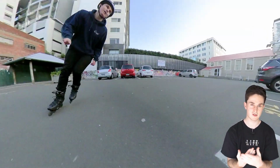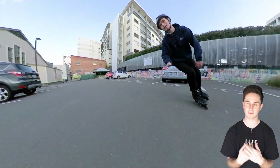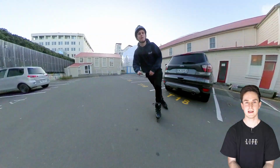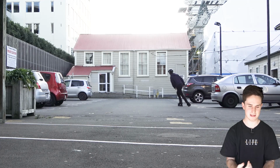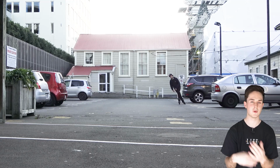This is just a great practice drill in general. This will help your skating all around. Just doing this every time you skate will get you really confident with crossovers and turning, and it'll get you warmed up at the same time. There's nothing too intense about it. So it's a good one to keep in mind if you just want to keep practicing without moving further on